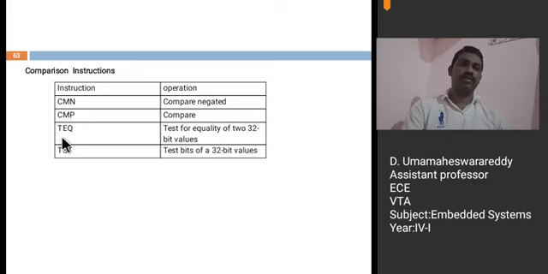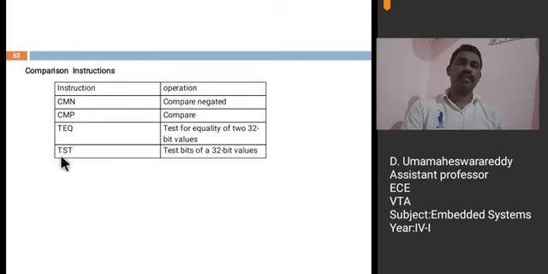Next, TEQ, test for equality. TEQ performs exclusive OR operation on the value in one register, that is one operand, and the value of operand 2. So that this is used to test two values are equal without affecting any flags. With the help of TEQ, we can test that two operands are equal or not without affecting the flags.